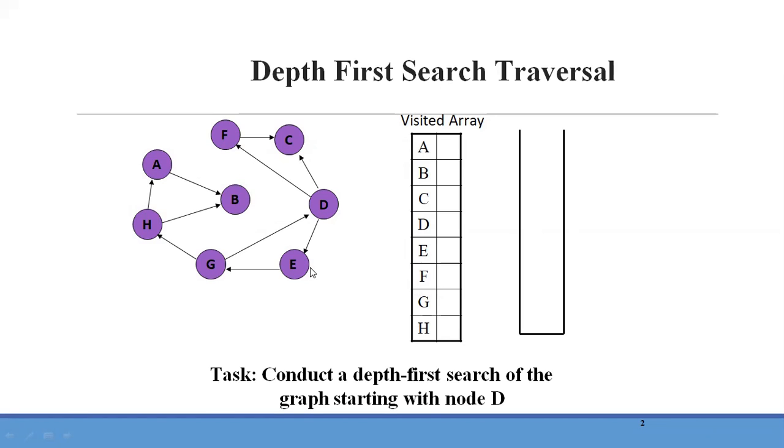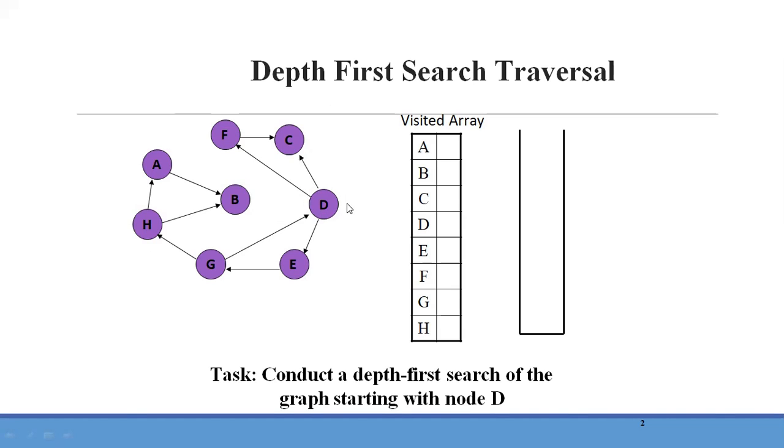So for this depth first traversal, consider this as a given graph. For this traversal we will need a one dimensional array, and along with that we will need a stack. Initially our stack is empty, and the size of the array will be equal to the total number of nodes or total number of vertices present in the given graph. So here vertices A to H are available in this graph. That's why the array size is also equal to the number of nodes or vertices present in the graph.